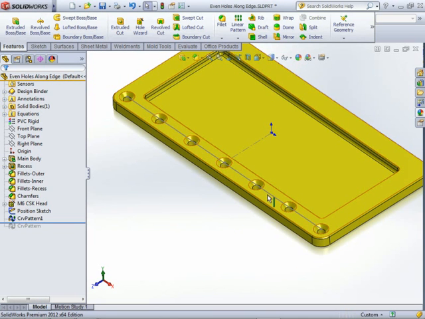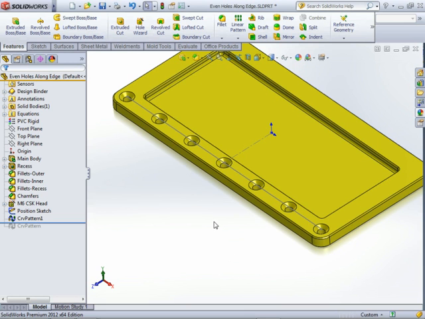Then automatically the holes update, and now you can see there's only 7 holes running along there because my approximate spacing is around about 32 millimeters, and then it evens that out and gives you an integer number of holes running along there. So that's a way that you can fairly easily drive with an equation the number of holes and evenly spaced holes along an edge, whether it's curved or a straight line,